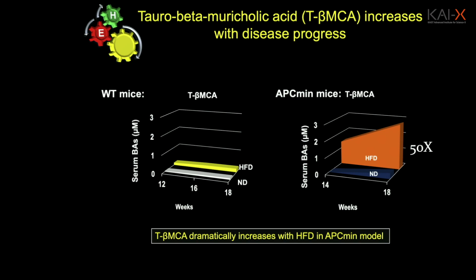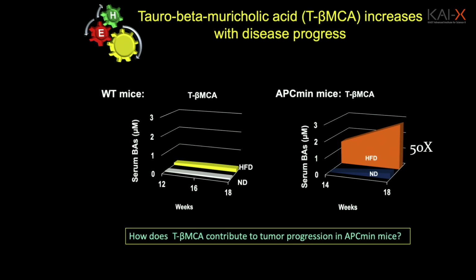And this now also changes our view of not just the risk factor, but the underlying mechanisms that are drivers for this process. Is taurobeta-muricholic acid important? I'll show you in a minute that it is, but before we get to that, I wanted to make a slight transition